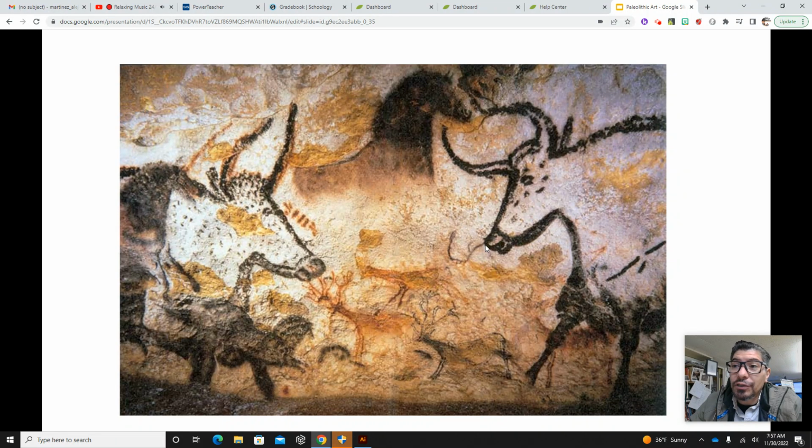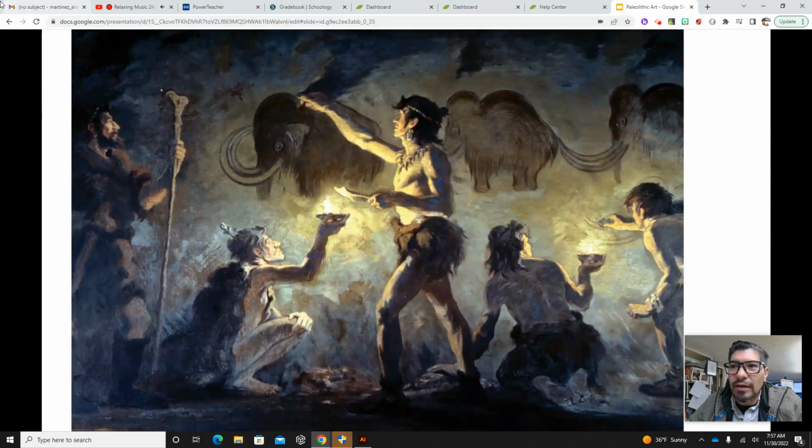These are large images of the bulls, and so this is called the Hall of the Bulls. There's also stags, deer, and horses. The Hall of the Bulls. This one is in Spain, I believe. This is the northern part of Spain in the Basque region. These ceilings are about 20 feet high, and so you can almost tell there was a great effort